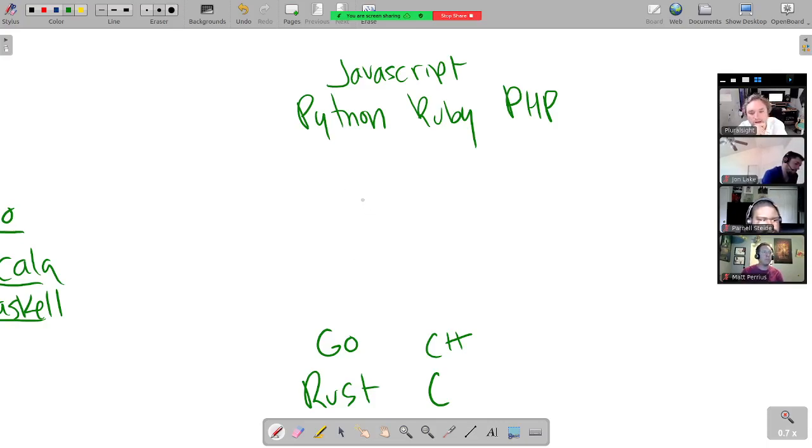So I don't know what they rewrote Minecraft in. I'm guessing C#. I think so, yeah. Let's see. Minecraft rewritten Java.